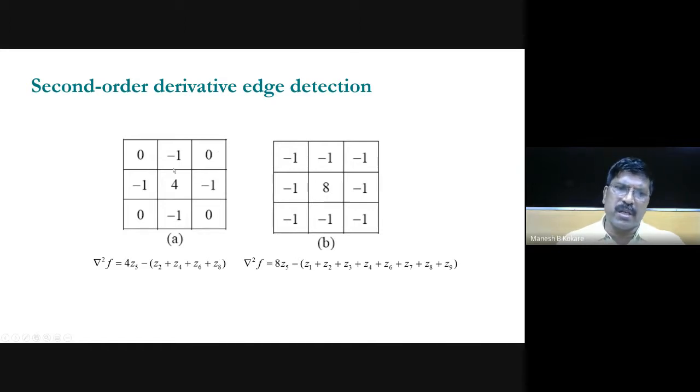So this will basically be more effective in horizontal and vertical direction. But okay, you can have another mask of second order derivative, that is Laplacian, where this is 8. See why this is 4? Because you are considering these pixels. So how many pixels are considered? 4 pixels are considered. So this is subtracted from this one.